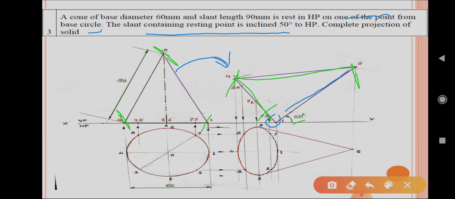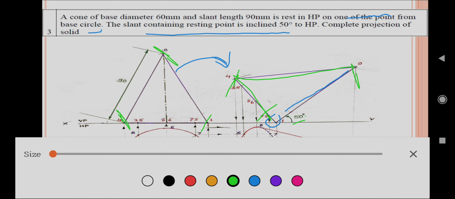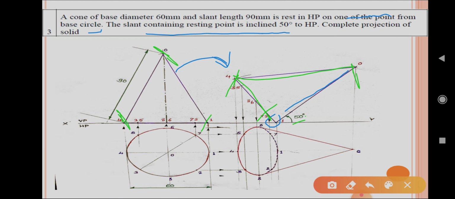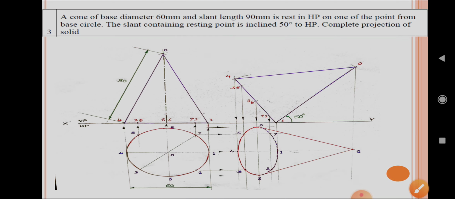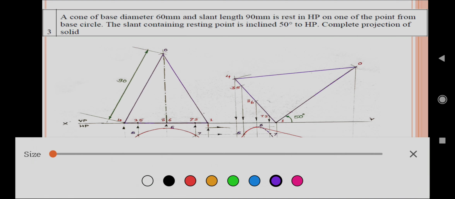You can mark the base points also, taking the distance from point 1, point 1272, next point 1286, then point 1235, again with the same method of matching the points with the top view,